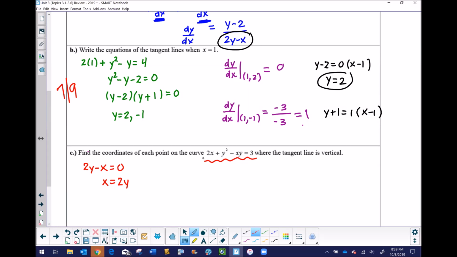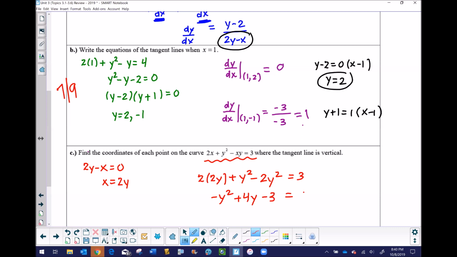So if we go back, 2 times x is 2 times 2y plus the y squared minus x times y would be 2y times y. Is that 2y squared? Is that right? 2y times y equal 3. So what do we got here? What we've got is -2y squared. No, I'm a liar. -1y squared plus 4y